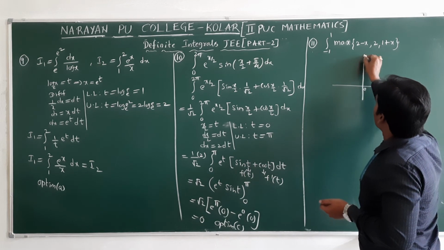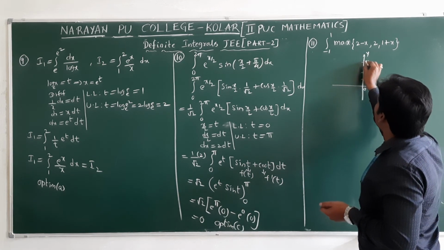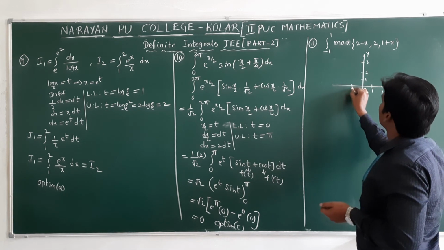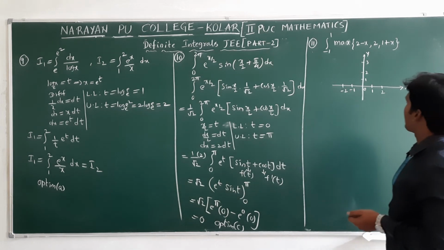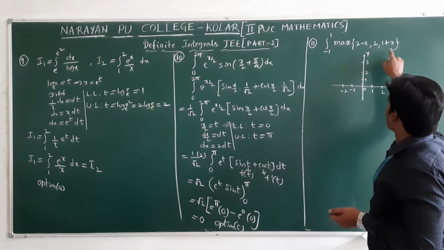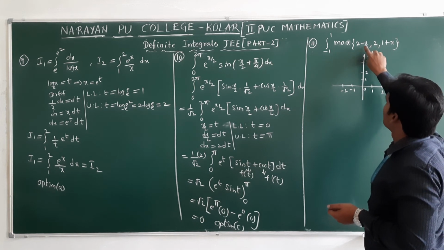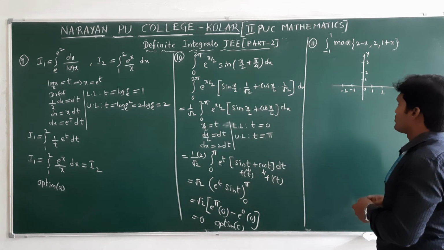If we take the y axis and this is the x axis, with 1, 2, 3 and minus 1, minus 2. If x value is 0, what does 0 mean here? In this condition, the limits are from minus 1 to plus 1, those are the existence values.